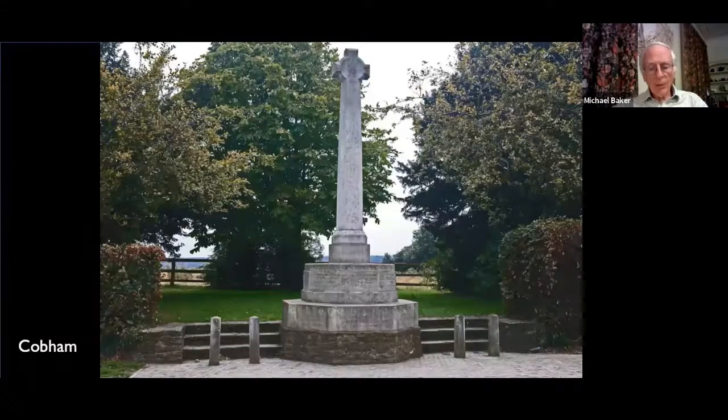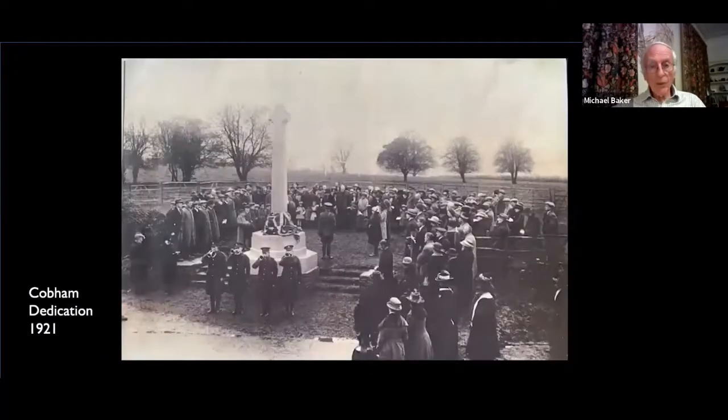Here is Cobham's. This is Herbert's home village in Kent, and this is how he, as one of the architects, put his ideas into practice. It's Herbert's own design. He's chosen the end of the village street. He has gone to the laird of the property and found a bit of land in a prominent place and raised it up. It'll be 100 years old this autumn, and somebody cleverly found this picture of it being dedicated